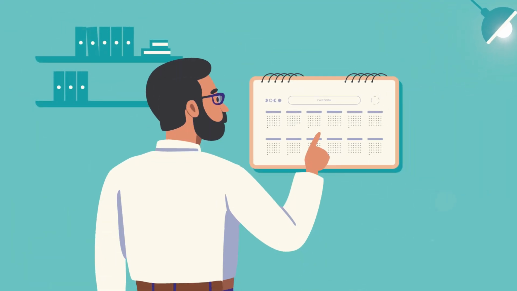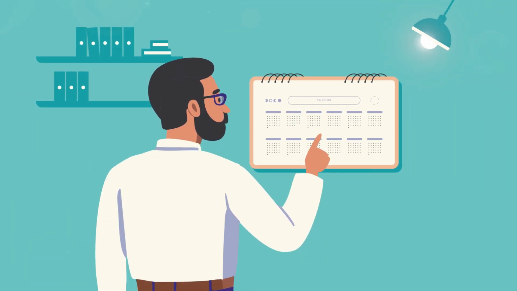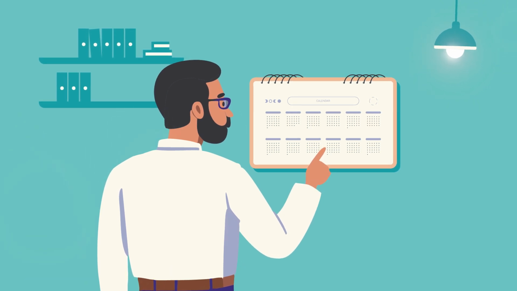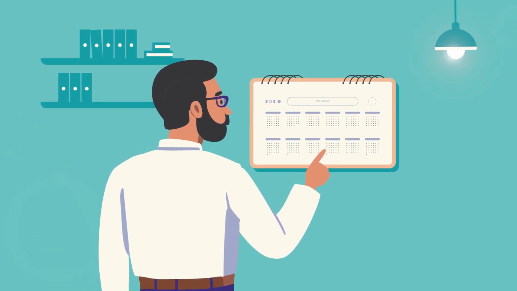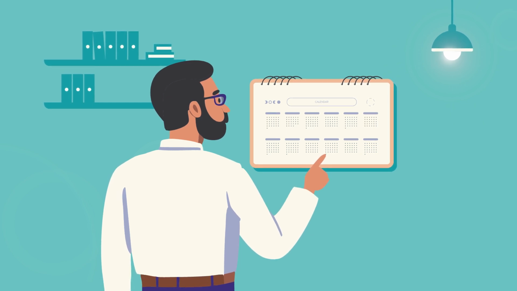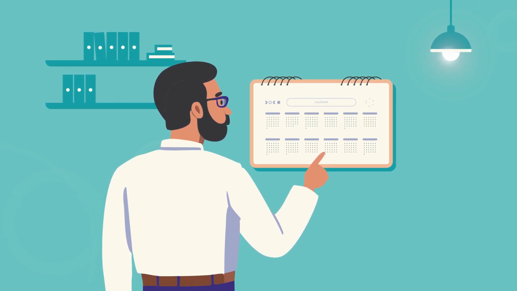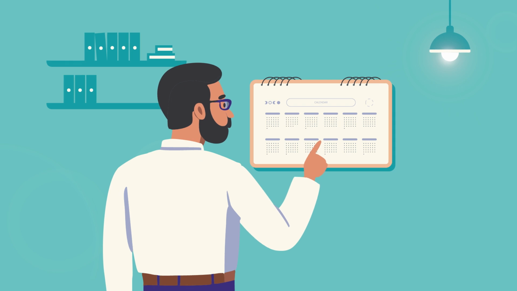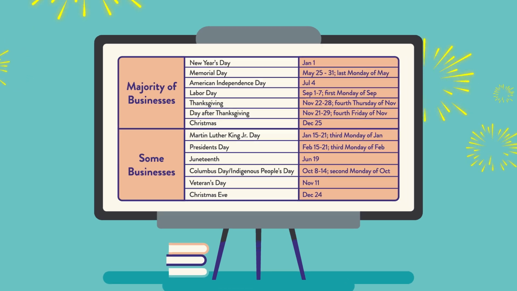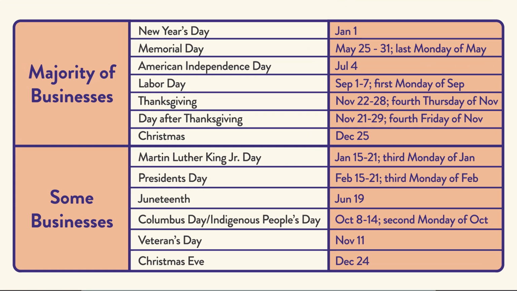Floating holidays are also becoming increasingly popular in the US, particularly when it comes to religious observances. These are flexible days off that allow employees to schedule holiday time according to their preferences rather than employer-determined dates. In total, it's typical for US employees to have 9 to 11 days off for holidays. Here's a list of the holidays taken off by most American businesses, as well as the holidays commonly taken off